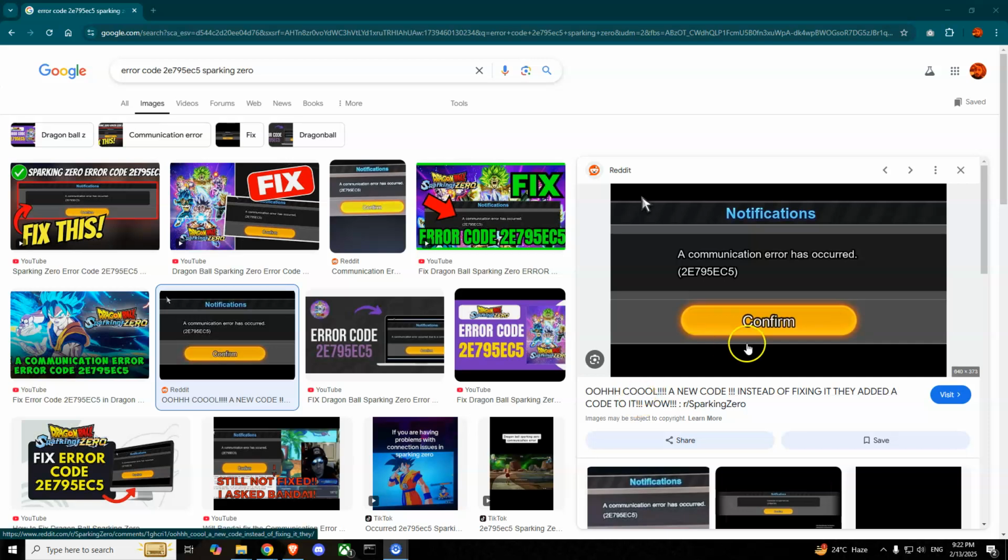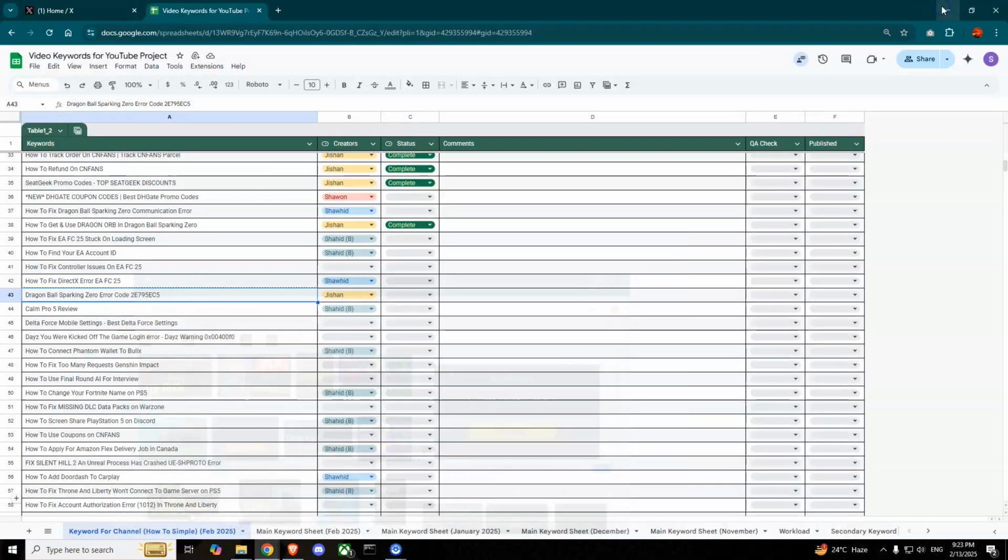Hello guys, today I'm going to show you how you can fix the communication error of Sparking 0. So this 2E795EC5 error. To fix that, first of all, we'll have to flush our